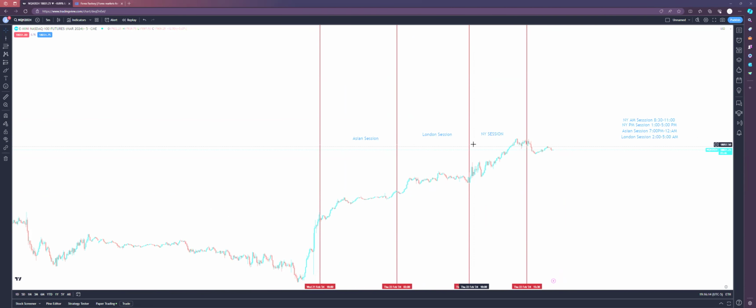There is a 30-minute overlap in volume the first 30 minutes of market open because, as I just stated, London session goes from 2 a.m. until 10 a.m. and New York session goes from 9:30 a.m. until 4:30 p.m. So the first 30 minutes of market open is usually the most volatile just because of the overlap in volume. It's not always 100%, but more times than not, that is what it tends to turn out being.